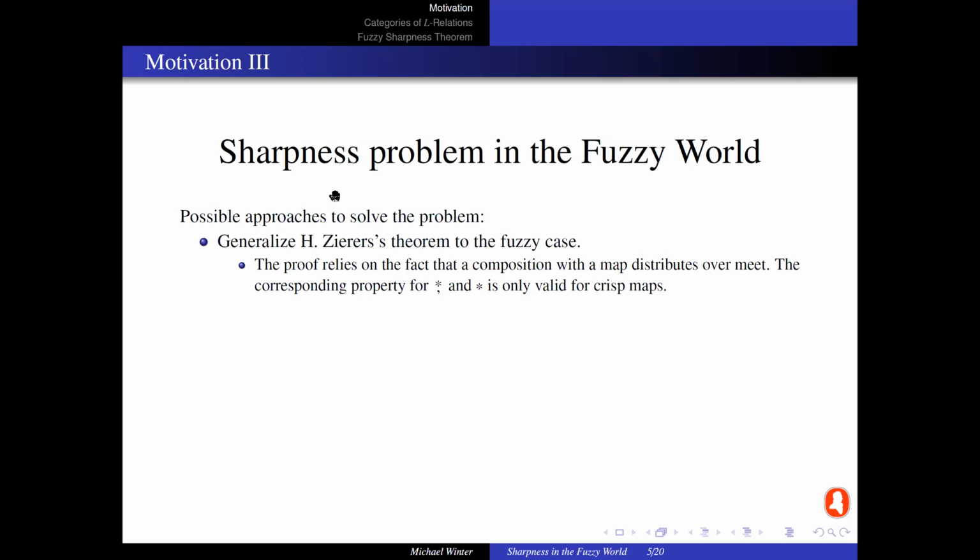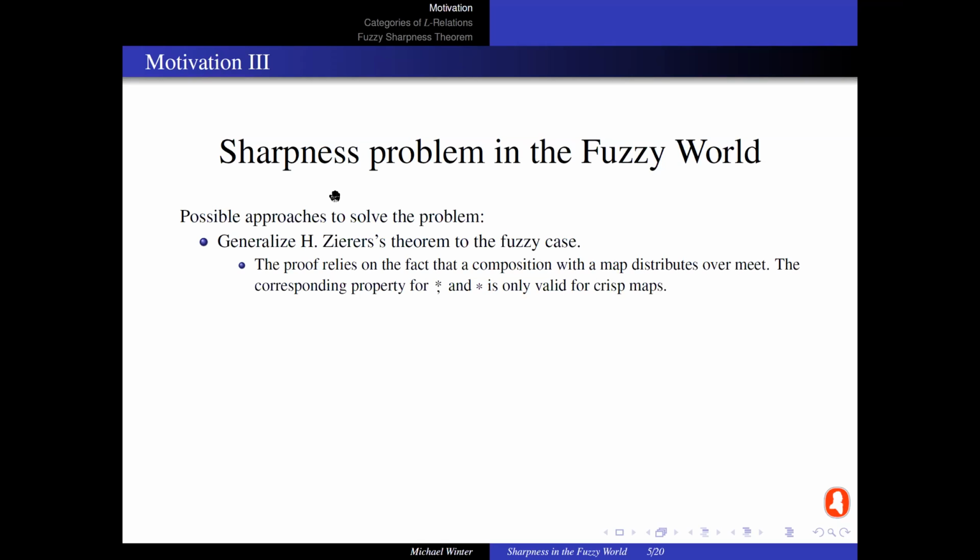It is only valid for crisp maps. Crisp means basically relations, or in this case maps, which only use as lattice values 0 and 1. So they correspond one-to-one to classical maps in this case. A direct generalization is simply not possible, because the constructions used over there, of course, can